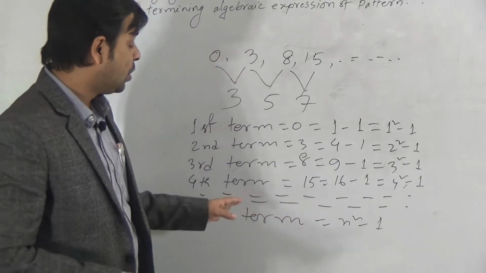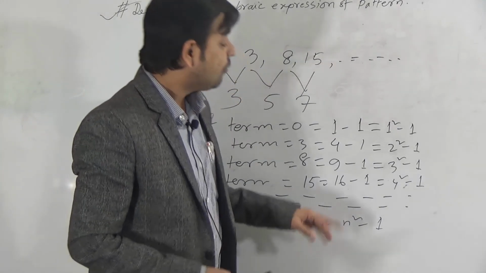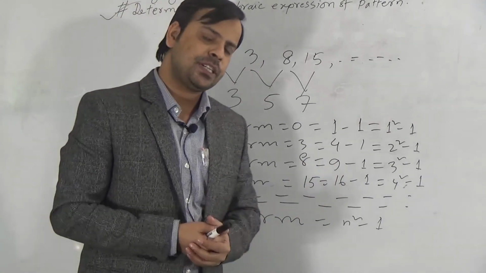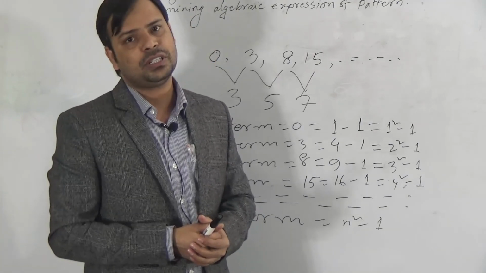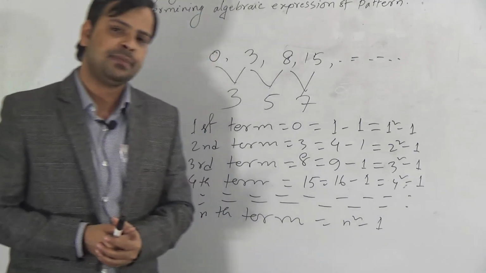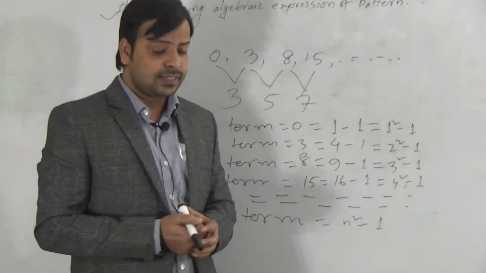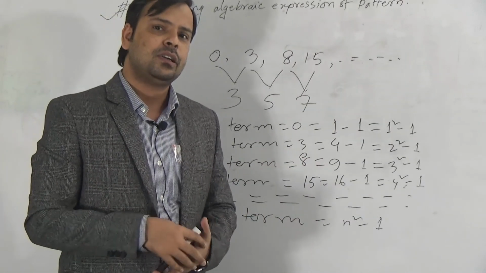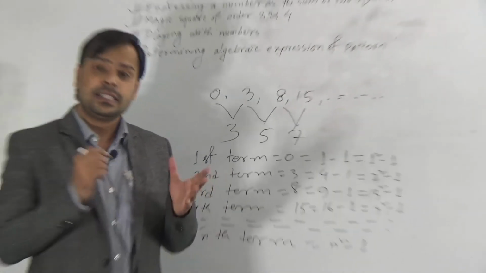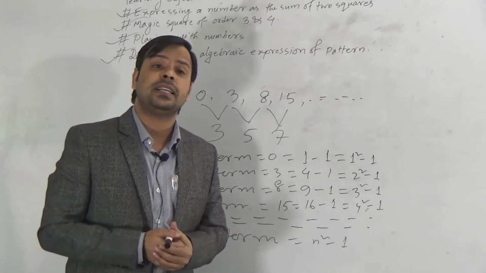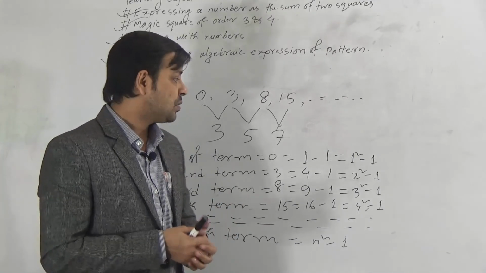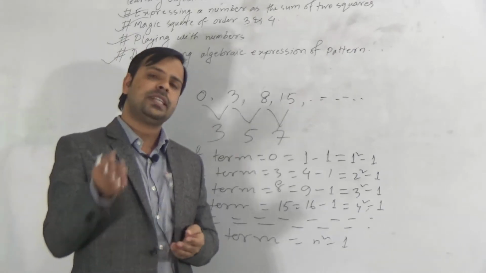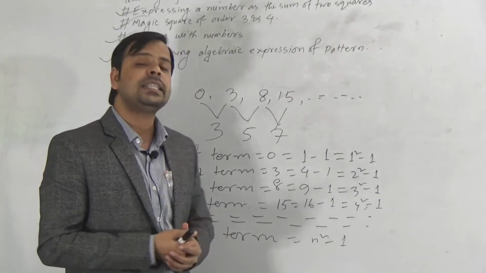Okay, dear students. If you want to find the algebraic expression, at first you have to check whether the difference between two consecutive terms is the same or not. If the difference is the same, then you can apply the previous technique. Otherwise, for each different pattern, you have to apply a different technique. Algebraic expression is needed to determine terms which are very large, suppose the 100th term, 50th term, 200th term, 5000th term. For this we need the algebraic expression.